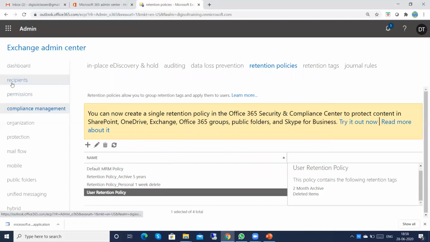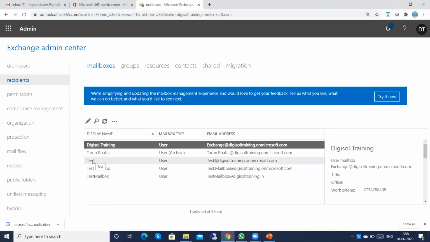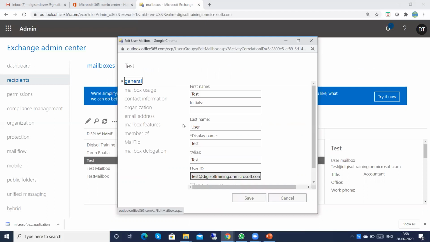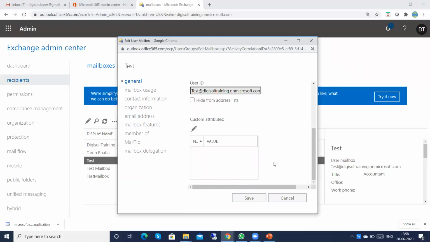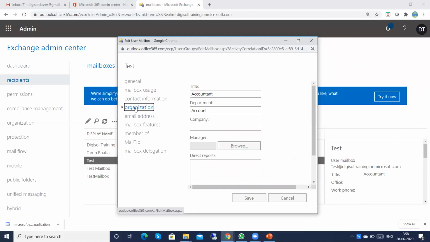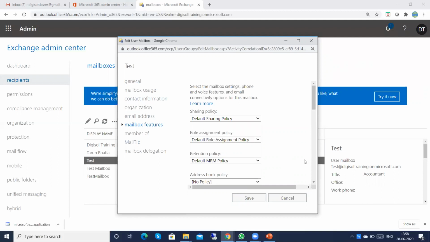We'll see how we can apply this policy to an end user. I am clicking on the recipient tab, mailboxes. You can select any mailbox for testing purposes. Under mailbox features, here you can see the retention policy.